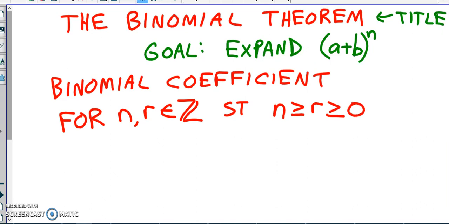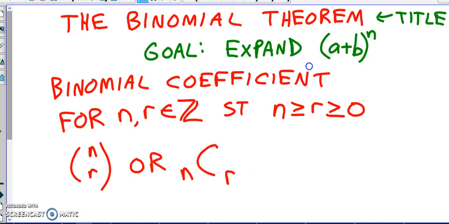So they're both non-negative, and n would be at least as large as r. So that notation, which is n choose r, or nCr for n choose r,